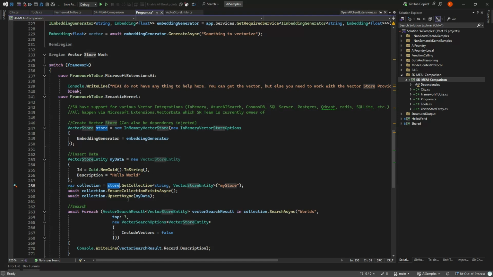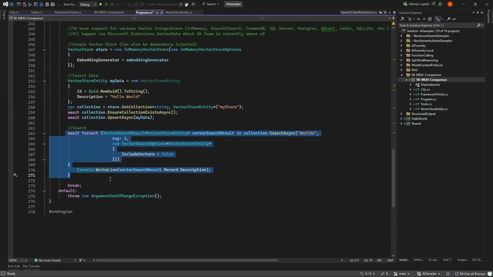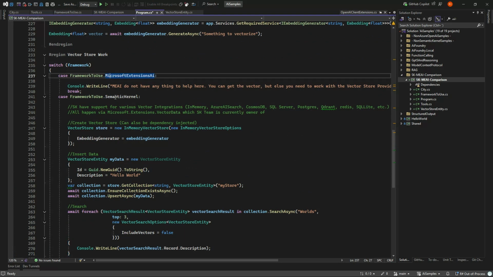And then we can begin to create that collection, we can upsert data, and we can search for the data again. And this is completely generic, based on not caring about what vector store you use, while again, up in Microsoft Extensions AI, you need to write your code.